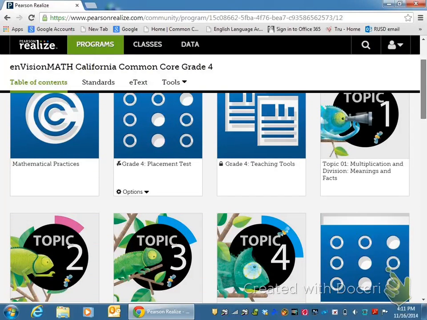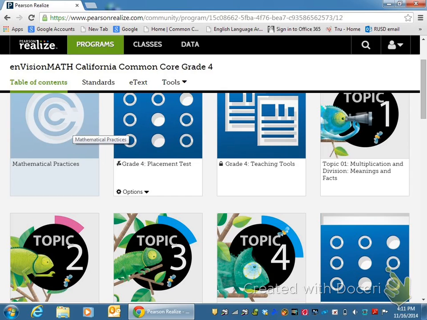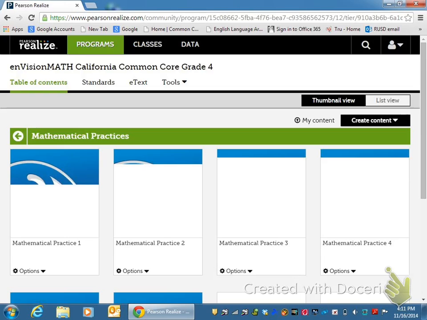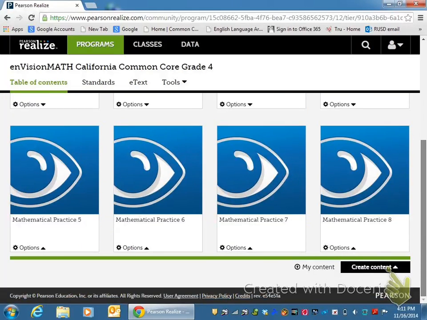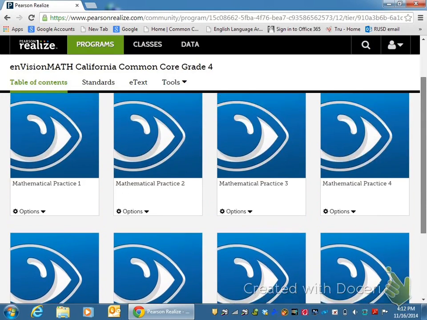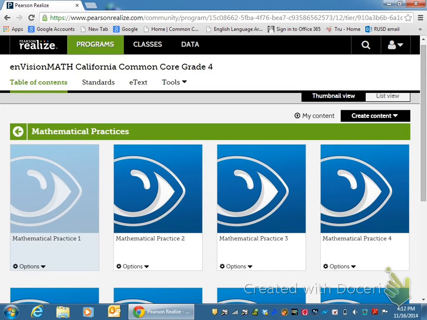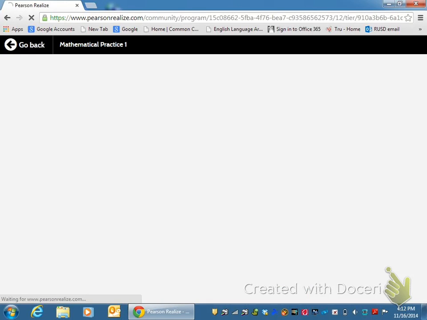We can look right here. You have mathematical practices, and all the mathematical practices are here. You can open them up, and you can scroll down, and these are great examples and great strategies for your child. If we click on just the first one, Mathematical Practice 1,